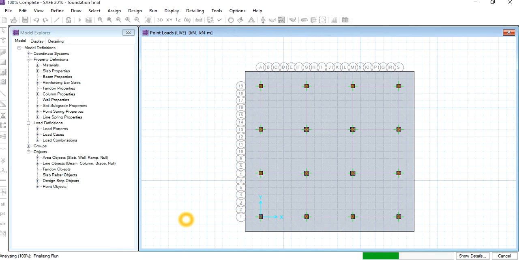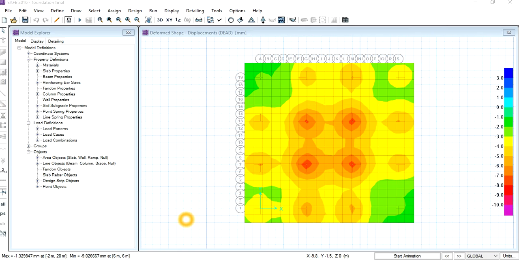The analysis has completed and we can see the various displacement values along the Z direction of the slab. There is a color scheme given on the right side from where we can read the values. However, if we hover our mouse over any area, we can get the value of the displacement of that particular point. Now we will do the design for this footing.